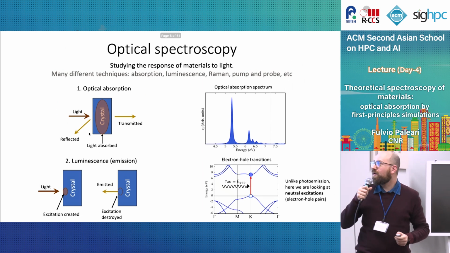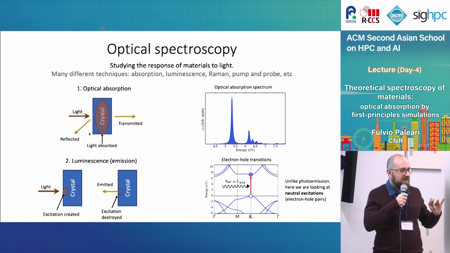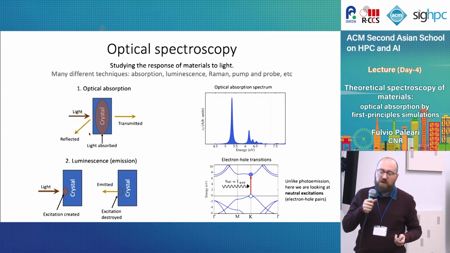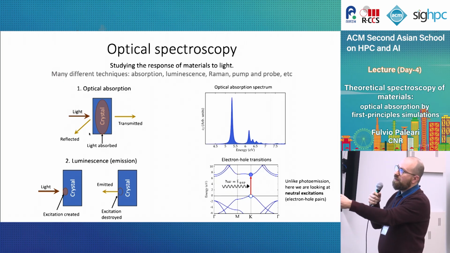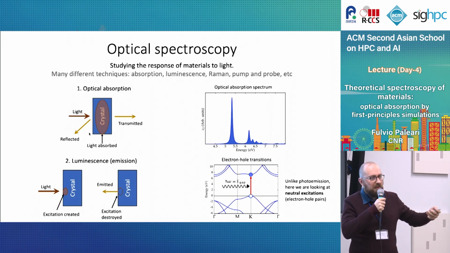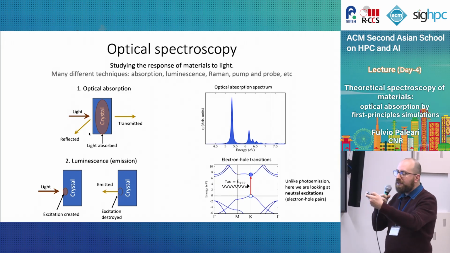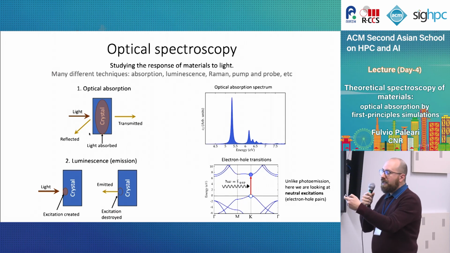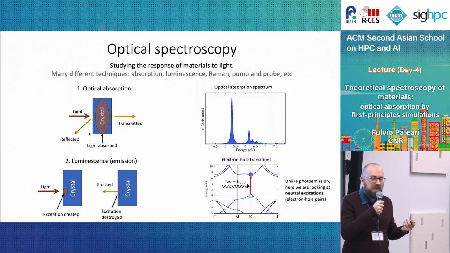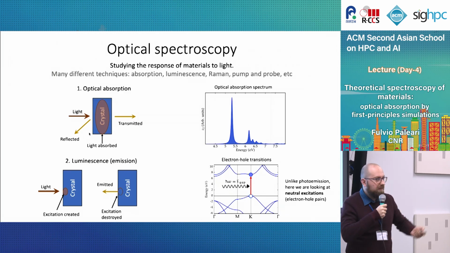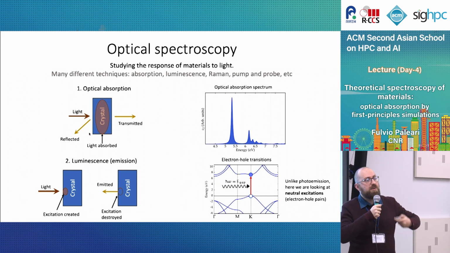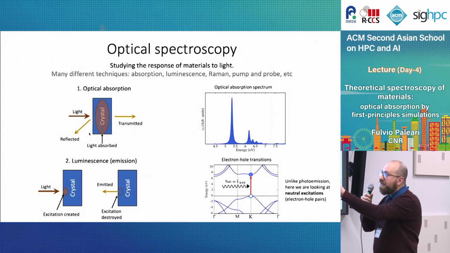Okay, so what is now our interest? What do we want to calculate? Well, this type of processes. Let's look at the one on the top line. So this is optical absorption. Some electromagnetic waves, for example from a laser, impinge on our material. And then we measure either the transmitted or reflected wave, which will not be the same anymore as the initial one, because some part of the wave, some frequencies in which we can describe the electromagnetic wave, have been absorbed with different intensities by the system.